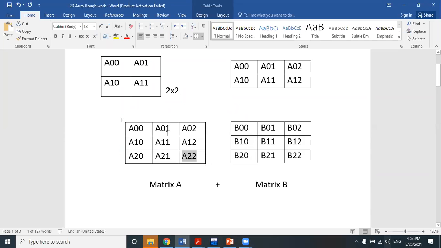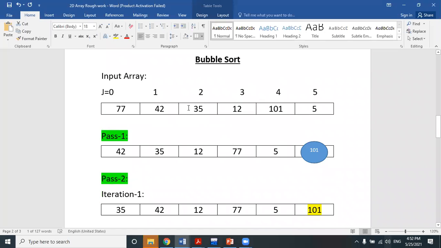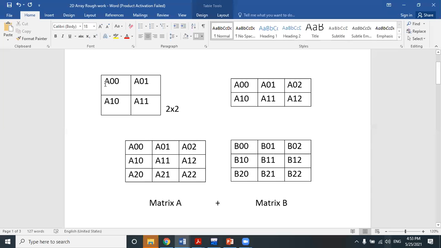So we will always use 2 for loops. Remember, in case of a 1-dimensional array, we'll always use 1 for loop, because that loop will be representing only the elements along the x-axis. The y-axis is not present in a 1-dimensional array. But in case of a 2-dimensional array, we will always require at least 2 loops. Why? Because 1 loop will represent the rows, the number of rows or row span, and another loop will represent the columns, the number of columns or column span.